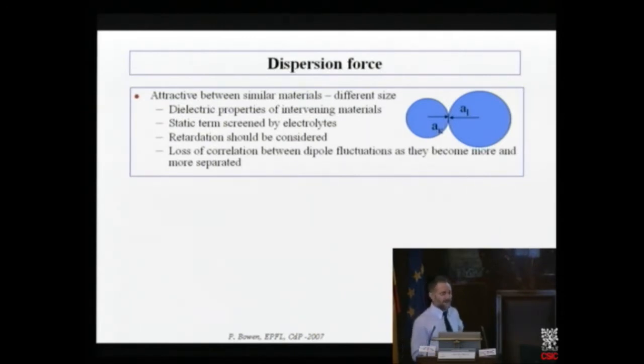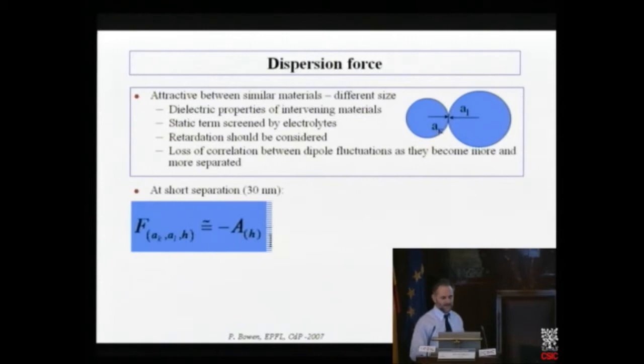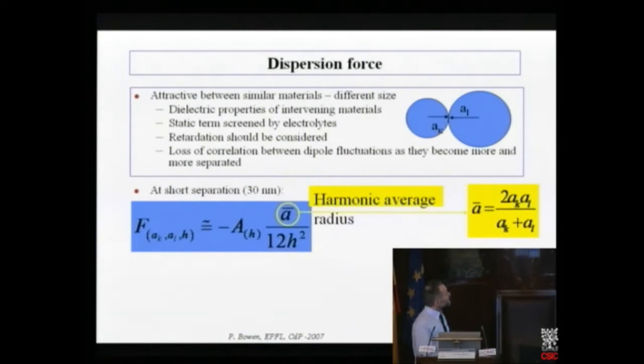Retardation can also be considered. This is when there's a loss of correlation between the dipole fluctuations. If the particles get too far apart, then we start losing the correlation and the attractive force diminishes. At short separations, that is 30 nanometers between the particle surfaces, we can use this simplification where now we have